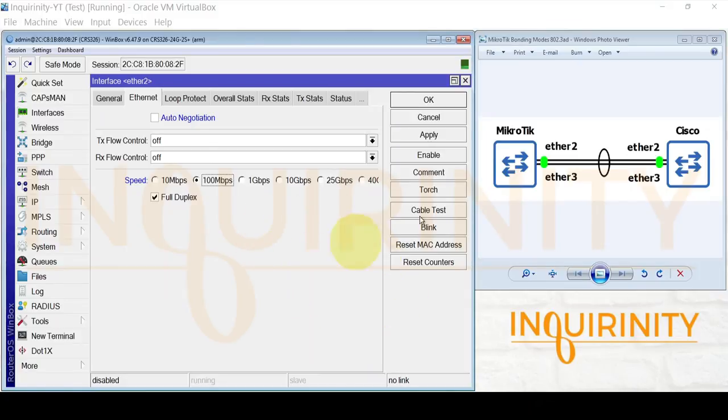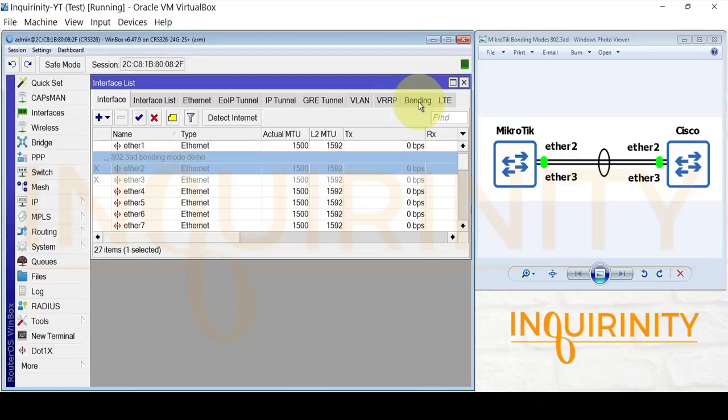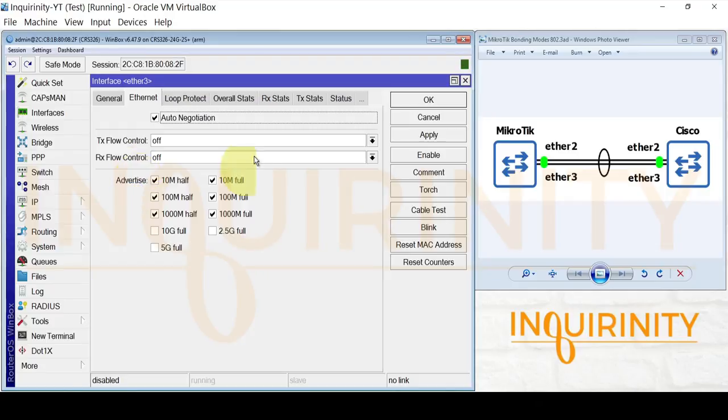So if you have a better switch capable of 1 Gbps or even 10 Gbps, then go ahead and configure it. We will check the full duplex, meaning we are not running half duplex. We will accept it on Ether 2 and we will also do it on Ether 3.